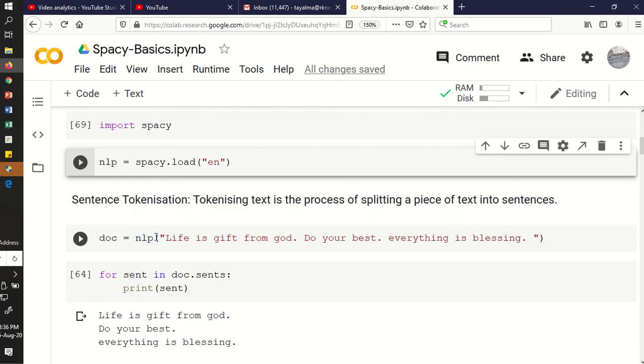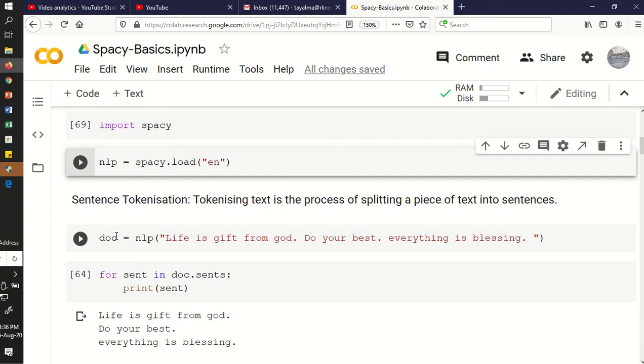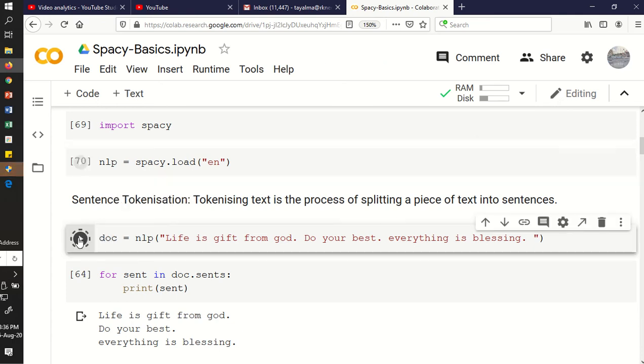By default nlp is what we call the model for the English language. The syntax says you have to enter the text in this way. You have to write nlp here, and then only you can pass the text document. The name of that document I have given is doc; you can give any name to it. You execute it: doc equals nlp in brackets, whatever document you want to give it, for which you want your sentences.